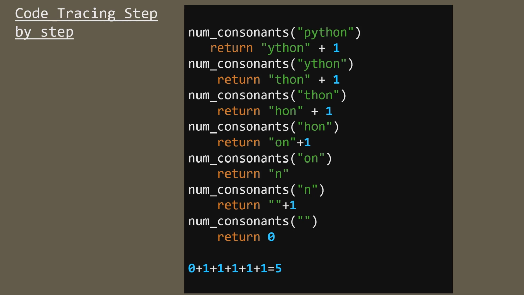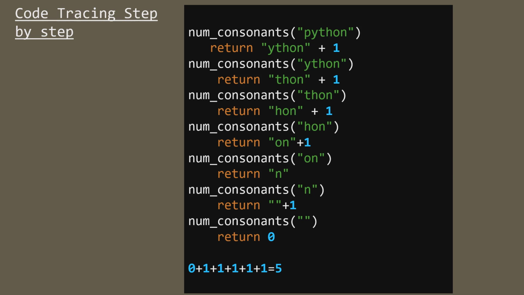The string will become ON. Now the next recursive call is like this. num_consonants will be called with the value ON, and it will check the character O, whether it is a consonant or not. Since it is not a consonant, it will just return that string excluding the first character. 1 will not be added. Okay, so it will return N.